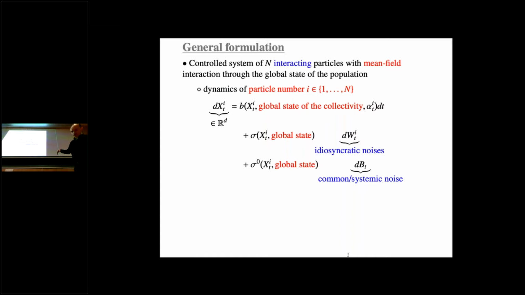So think of the following particle system. In the particle system that you have here, you have capital N particles. So here N is fixed. You have a finite number of particles. So I have not addressed the limit first. And so capital X here is the state of one player i, you see the index or the label i, at time t. And this X^i, which is in dimension d, so just of finite dimension, is evolving according to some equation.